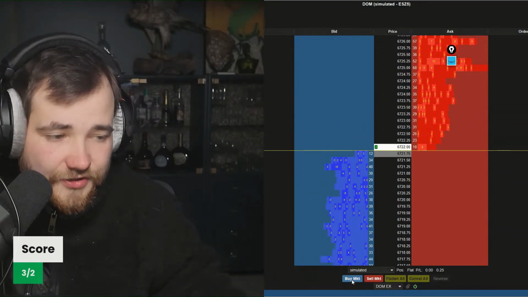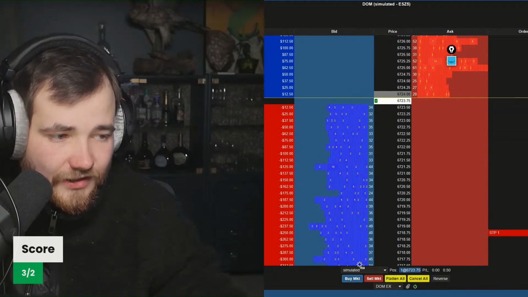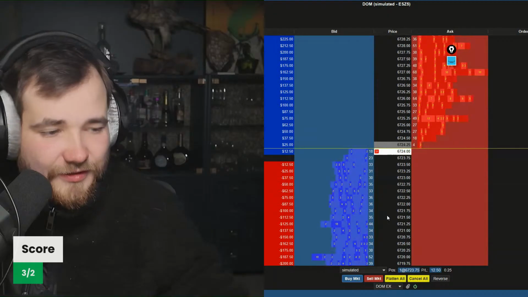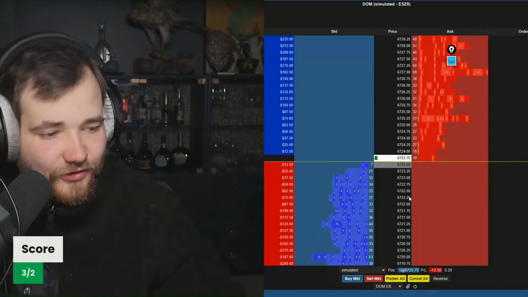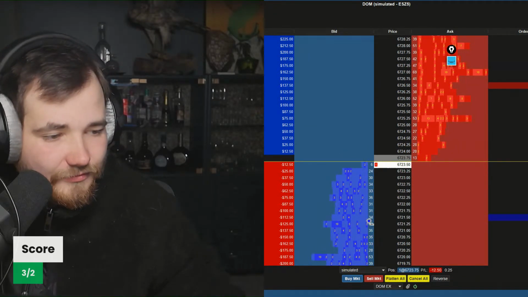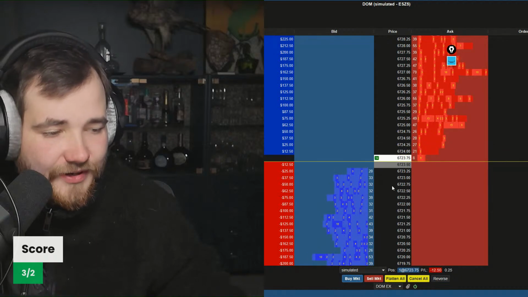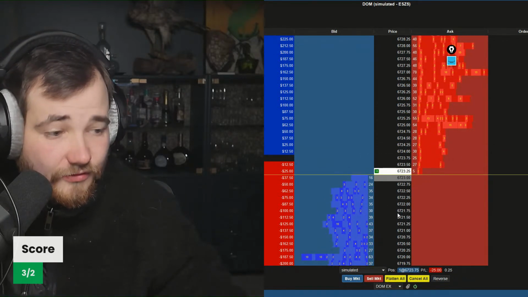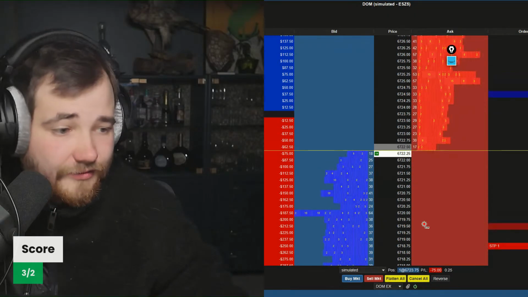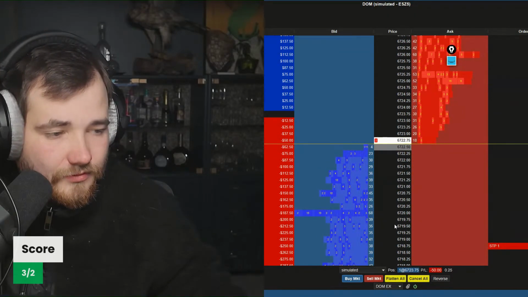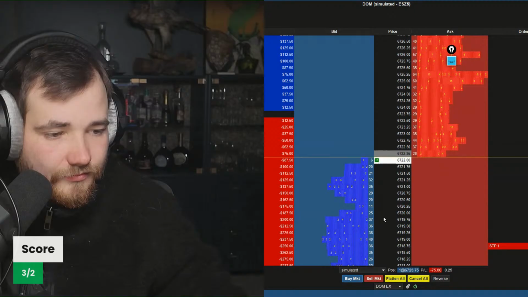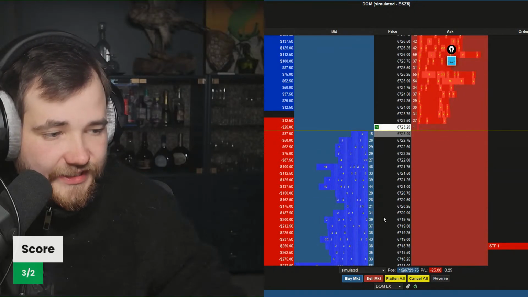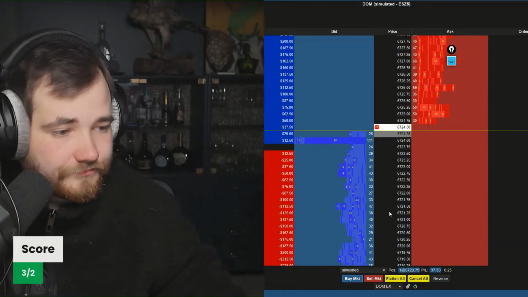I really feel like the buyers are in control now here. Late entry a little bit, but maybe we can get this move. If it was a little bit earlier, we could have gotten the entry maybe here somewhere. But it moved just when we pressed the button. Let's see. But I feel like the buyers are in control now after that specific battle there. Let's see if that's the case.